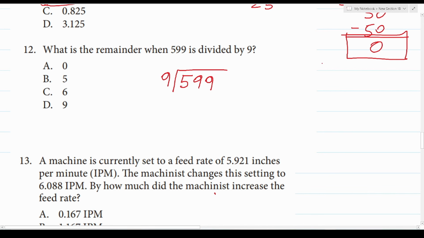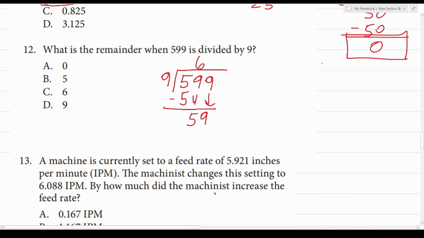Well, 9 times 5 is 45, whereas 9 times 6 is 54. 9 times 7 would be 63. So this is going to be 6 times. Again, 9 times 6 is 54. So we're going to subtract 54 here. 59 minus 54 is going to be 5. And we can drop down this 9